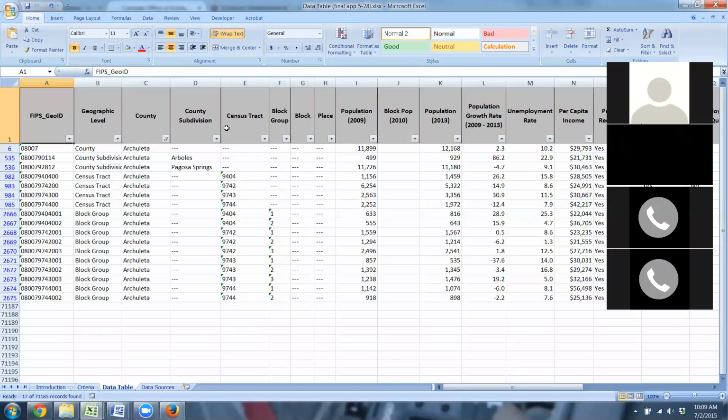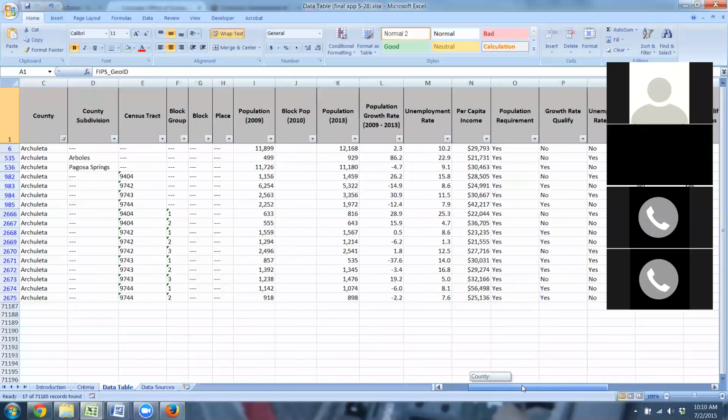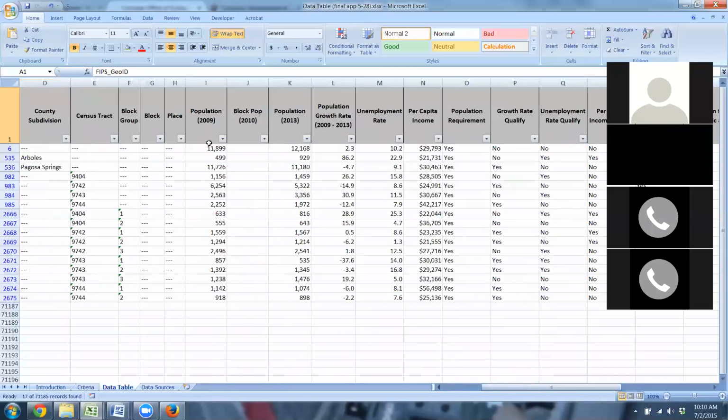This provides the county identifying information. Here's the FIPS code, which is really the aggregate of how you identify a county. It's nesting part, so the census tract, the block group, the county subdivision. And then we provide the qualifying data and the population data. So we have 2013 population, which is what we're going to be making sure we